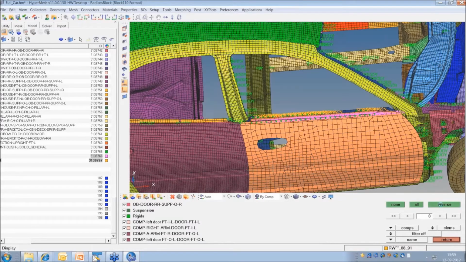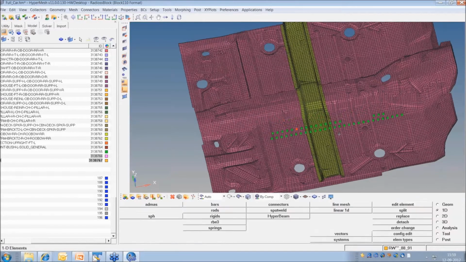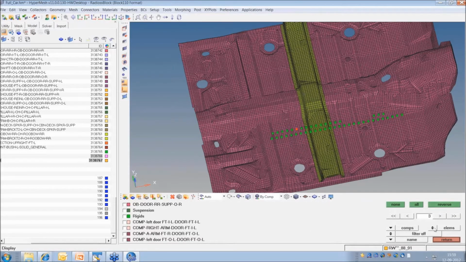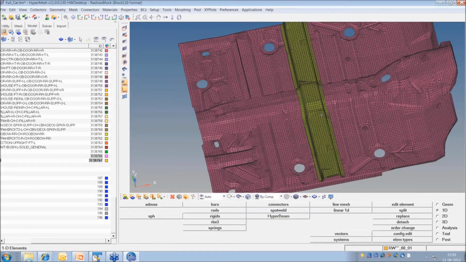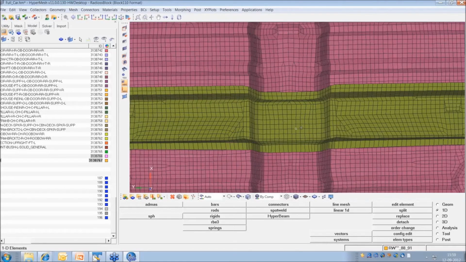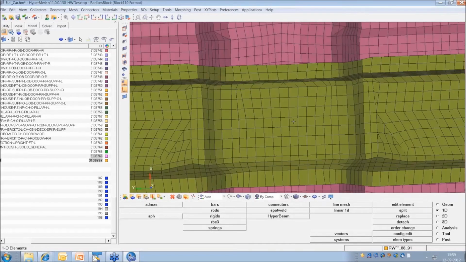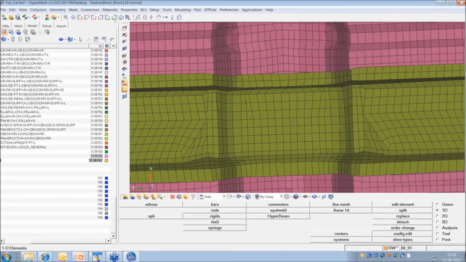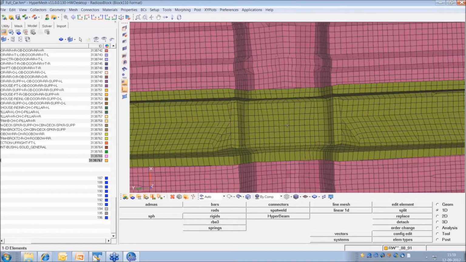I'm just taking two panels and I'll switch off the connectors as well. Now my intention is just to create a bolt between these two components. It is not necessary that you have a hole to create a bolt.